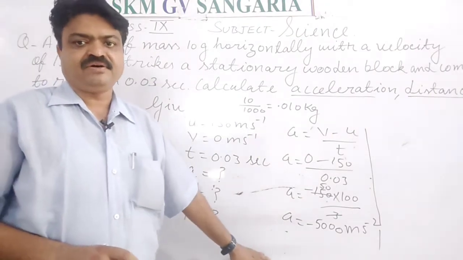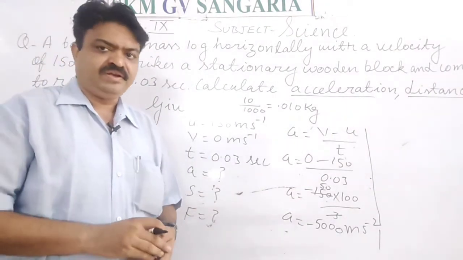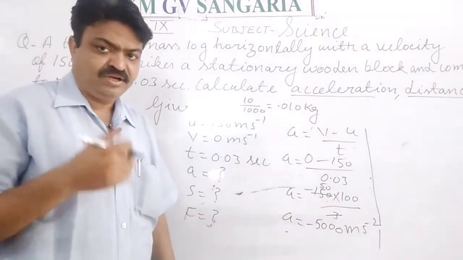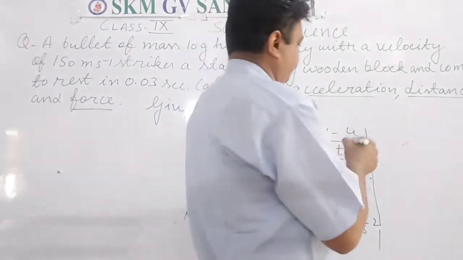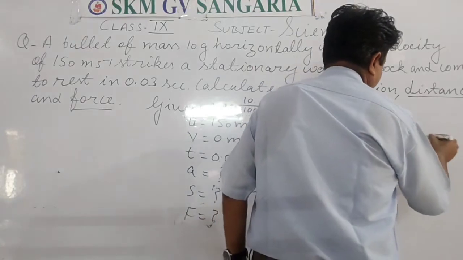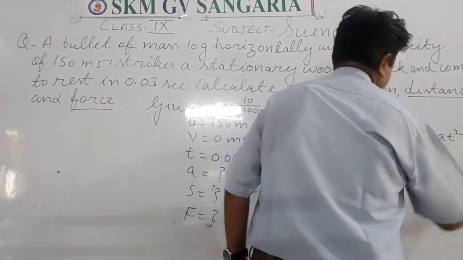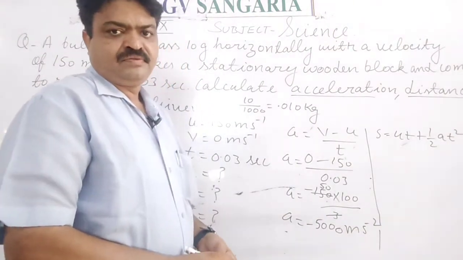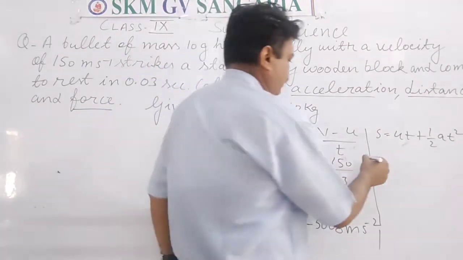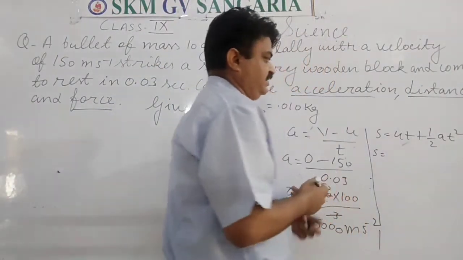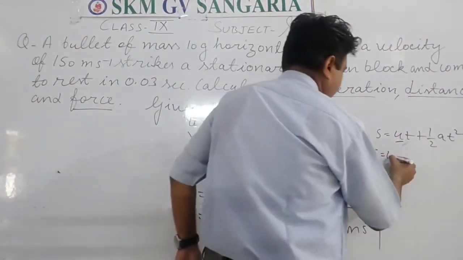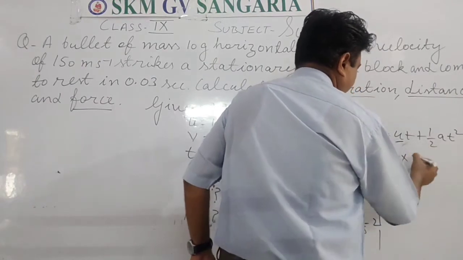Now what is the second quantity that we will try to find out? It is distance. And for the distance, which formula will you follow, student? You will follow the equation of motion, s is equal to ut plus half at square. So now you will calculate it. What is u here? It is 150. So you write here 150 and multiply by